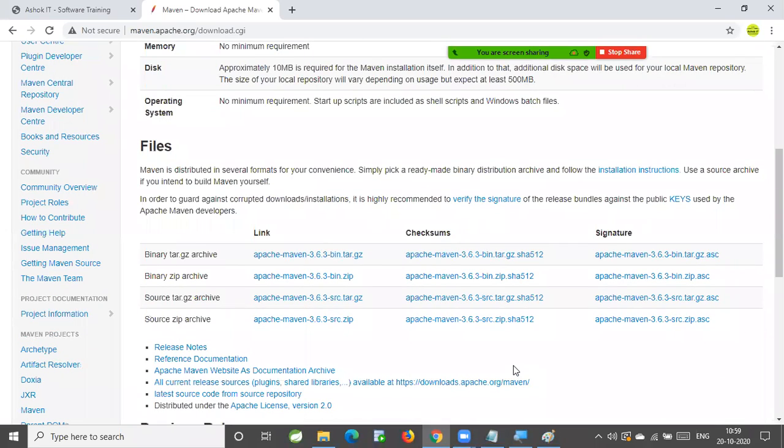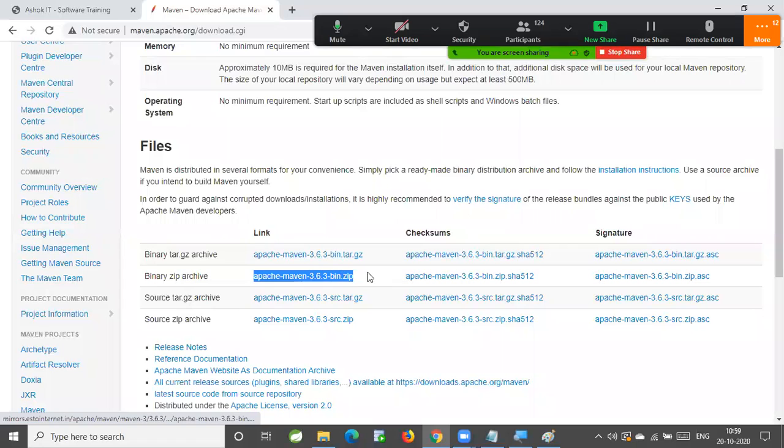Right. In order to download that Maven software, here we have options. The binary zip we are going to download. The latest version of Maven is Apache Maven 3.6.3 bin.zip.